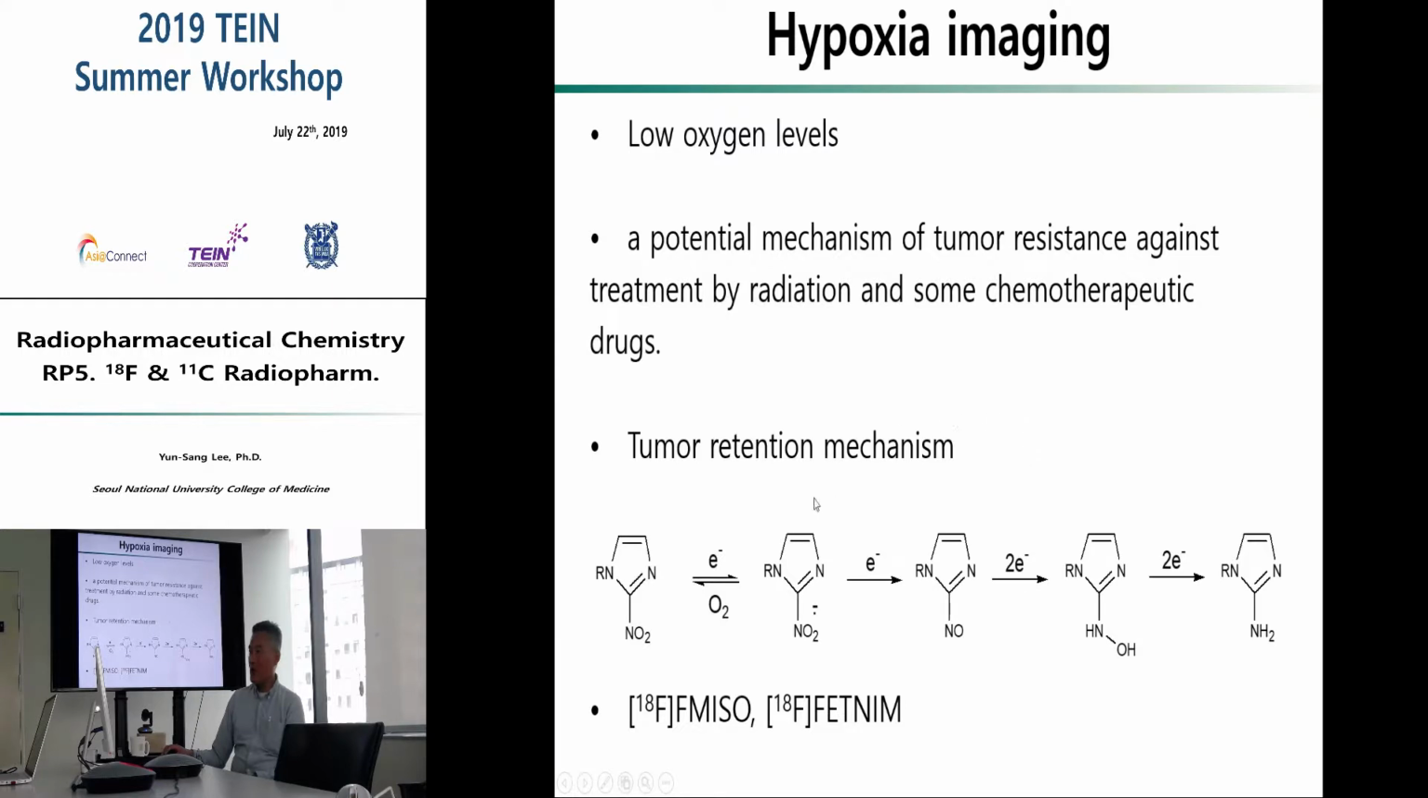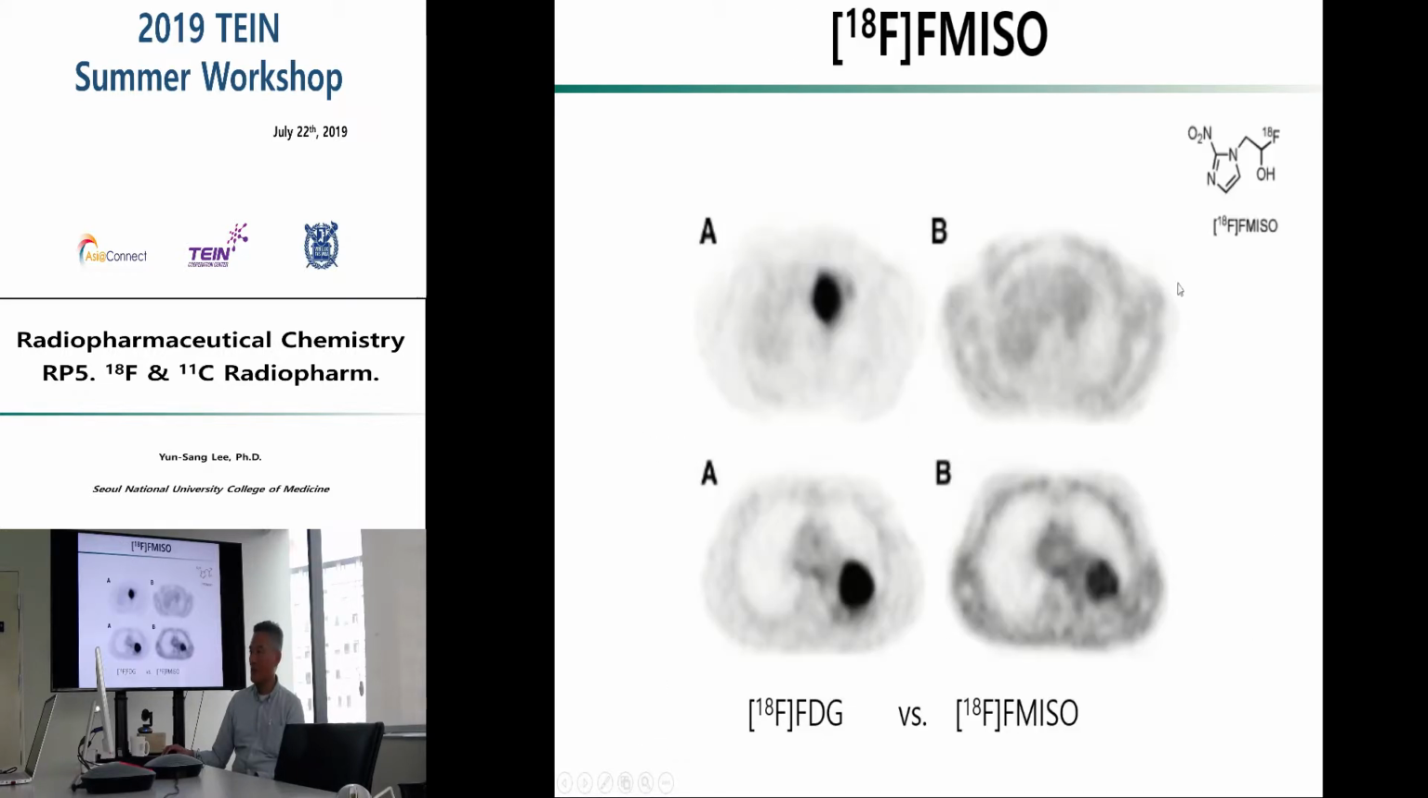And for hypoxia, we can use 2-nitroimidazole. It can be reduced inside the hypoxic tissue. So we can use these 2-nitroimidazole derivatives, and we can label them with F18. So you can see these